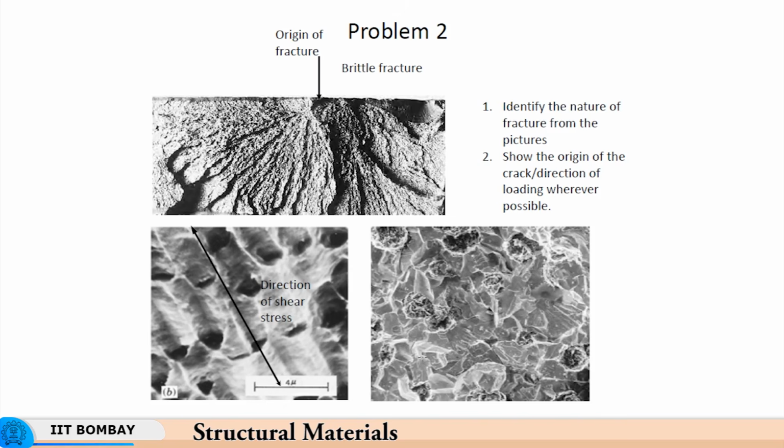Now this kind of configuration of the ligaments and the way they're aligned shows that it's a shear fracture. So the fracture has taken place not in a uniaxial tensile direction, but as a shear fracture. The fracture surface pertains to a ductile material being sheared. It has undergone a substantial amount of shear strain, and the direction of shear is in the direction of alignment of these dimples. So this is a shear fracture of a ductile material, so it's a ductile fracture unlike the previous one, and that's the interpretation of this